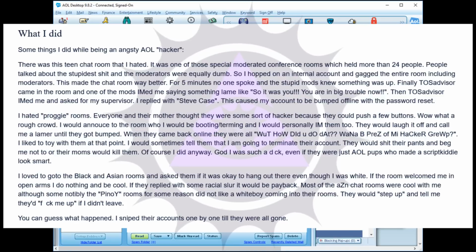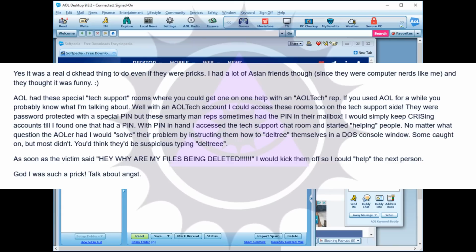Most of the Asian chat rooms were cool with me, although some, notably the Pinoy rooms, for some reason did not like a white boy coming into their rooms. They would step up and tell me they'd fuck me up if I didn't leave. You can guess what happened. I sniped their accounts one by one till they were all gone. Yes, it was a real dickhead thing to do, even if they were pricks. I had a lot of Asian friends though, since they were computer nerds like me and they thought it was